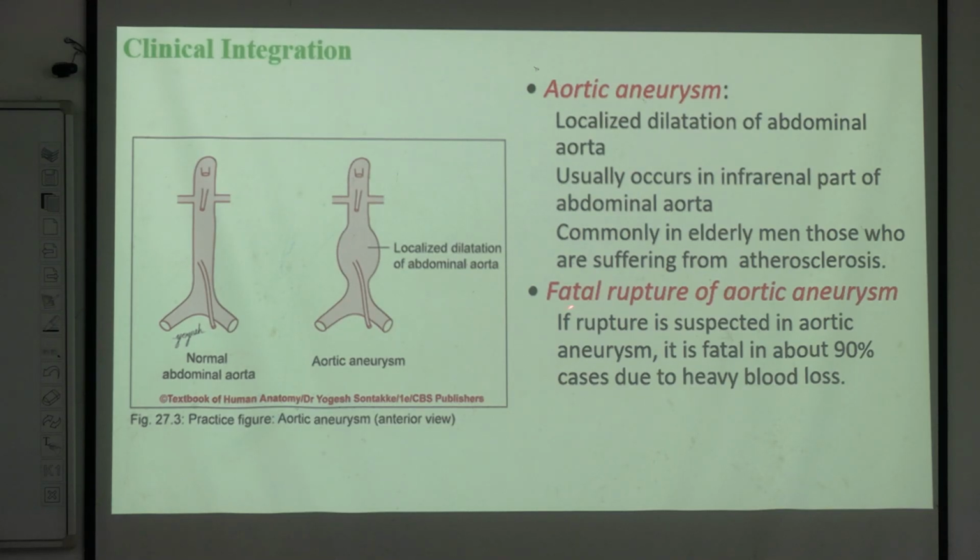Now, fatal rupture of the aortic aneurysm. If rupture is suspected in aortic aneurysm, it is fatal in about 90% of cases due to heavy blood loss. There are very remote chances of survival if there is a rupture. But if it is not a rupture, what I do in my clinical practice is that for any vascular malformations or pathological condition,